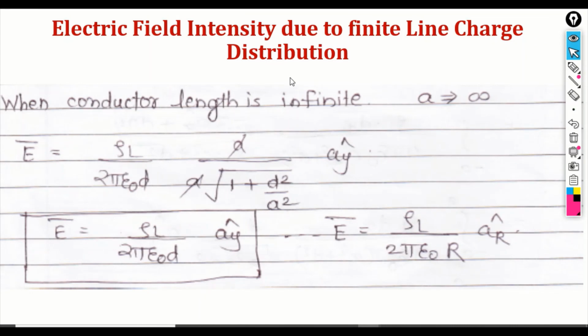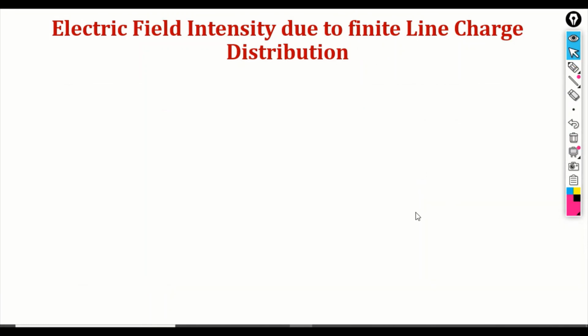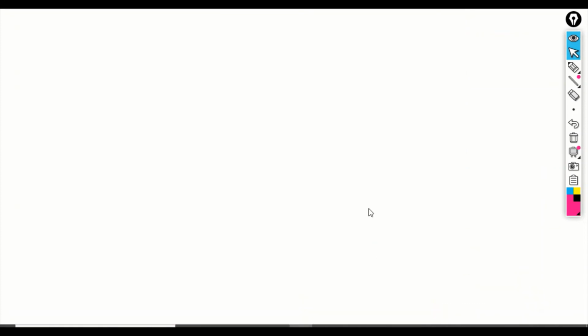If I want to now extend my expression from finite line to infinite line, so I want to convert it now to an infinite line. Here you can observe, if I want to convert it to an infinite line, my a will become equal to infinity. So from the previous expression I should take a common. So a square, taking common out from the bracket, it will be a. So numerator a and denominator a will cancel each other.